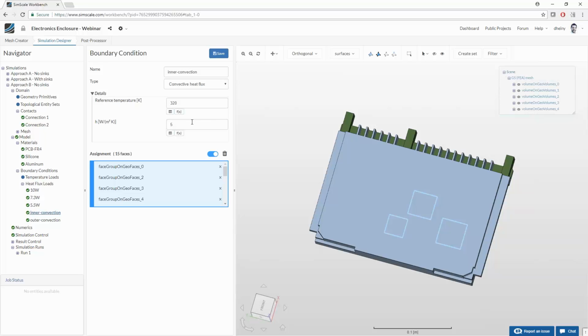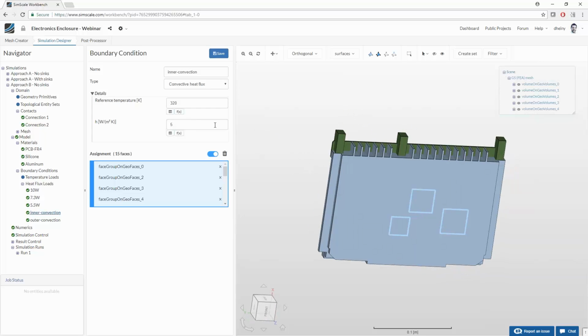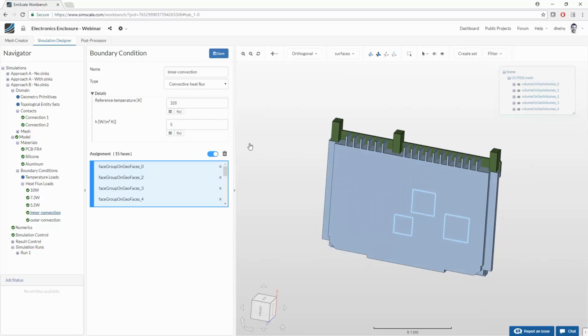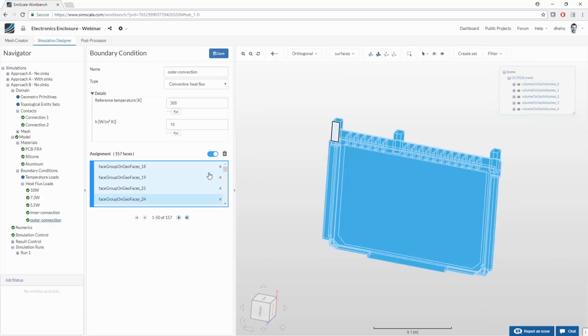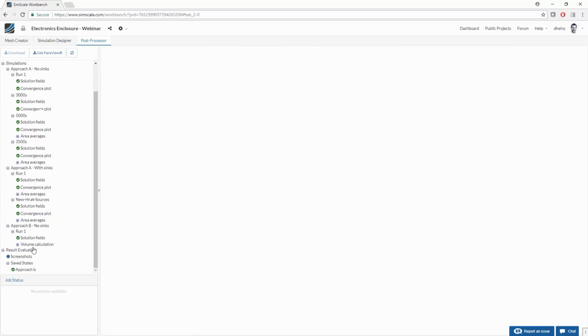We're saying the heat transfer coefficient inside, between my chips and the air in there, is 5 watts per square meter Kelvin. This is important information. I'm going to see in a second why. Outer convection, I can say that with more confidence. I know I have roughly 300 Kelvin out there, so 27 degrees Celsius, and roughly 10 watts per square meter Kelvin heat transfer coefficient. And that's effectively it. Afterwards, I can run this simulation, and as a next step, I can also do